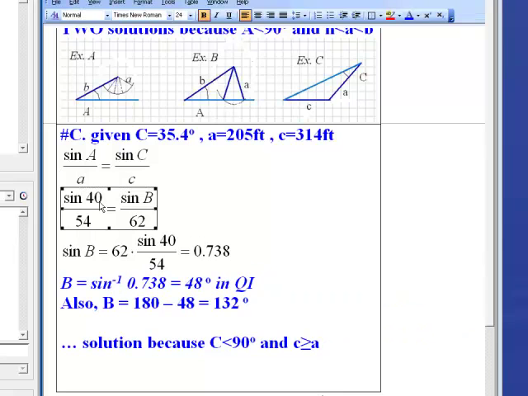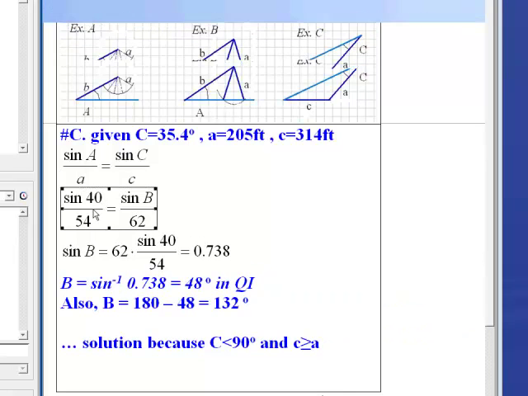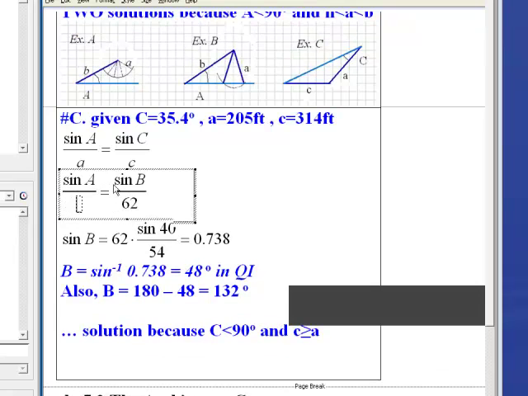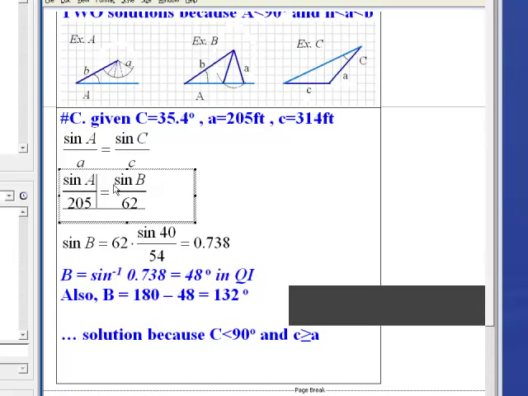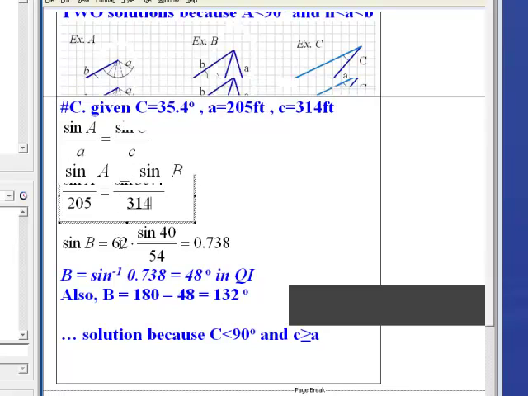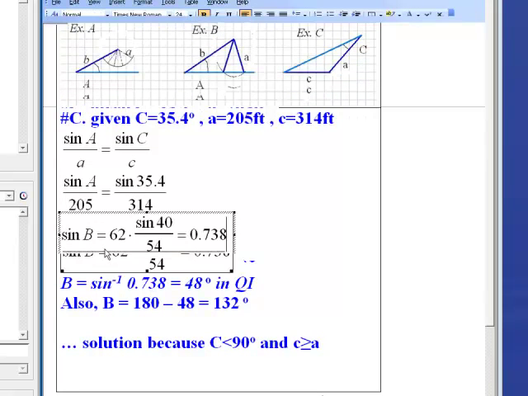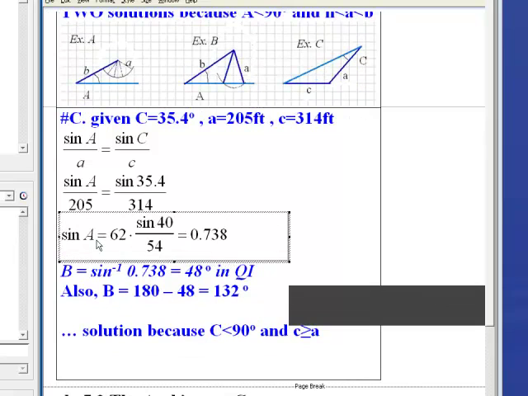A is actually the angle we have to figure out. Side A is 205. C is given as 35.4. And C is 314. So the algebra is going to come out to sine A equals